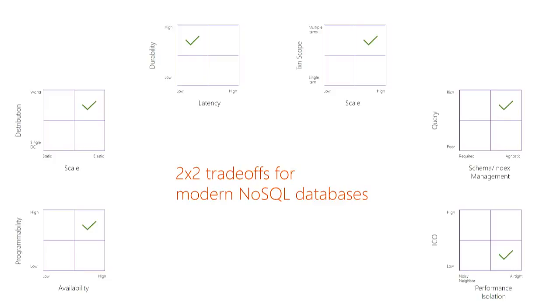What we want is durable commits. We actually persist records to disk so that in the face of failure, you still have high durability for your data. It's kind of like a cardinal sin for a data store to lose data. But how do you do that with low latency?